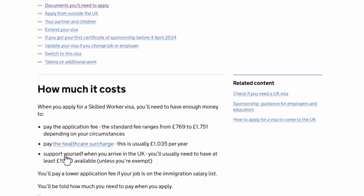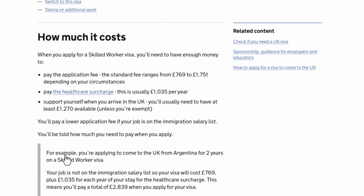So next, let's look at the cost of the visa. When you apply for the visa, you need to have enough money. The application fee is between £769 to £1,751. This depends on your circumstances. And then the health insurance fee is about £1,035 per year. So this will be multiplied by the number of years the visa they gave you would be. So if for instance you got a visa of 5 years, you are paying 1,035 times 5 years,